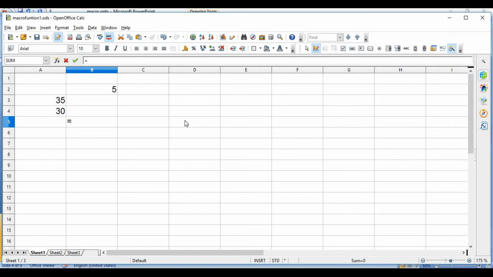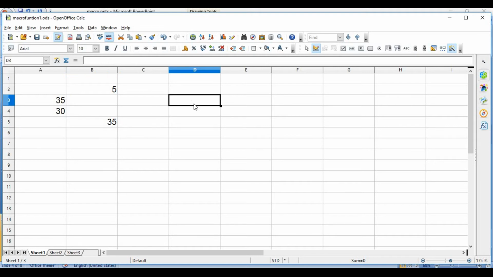For this you have to pass again TestMax, the address of the cell A3 semicolon A4. Now close this bracket, press the Enter key, and you will get the answer 35. 35 is the value of A3, so it is more than the value of A4. Is it clear?